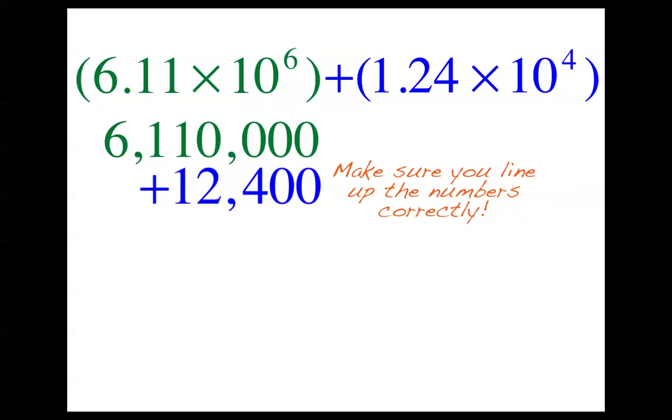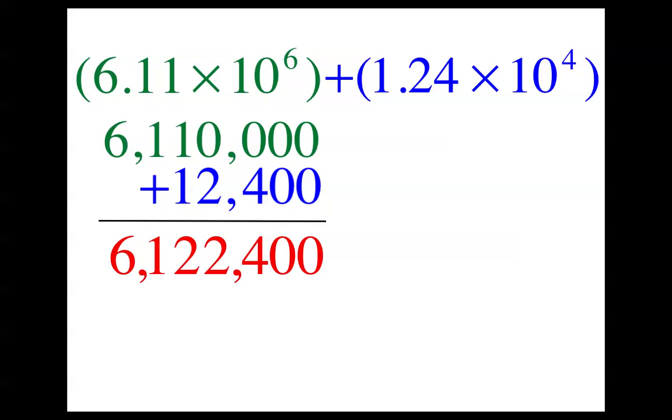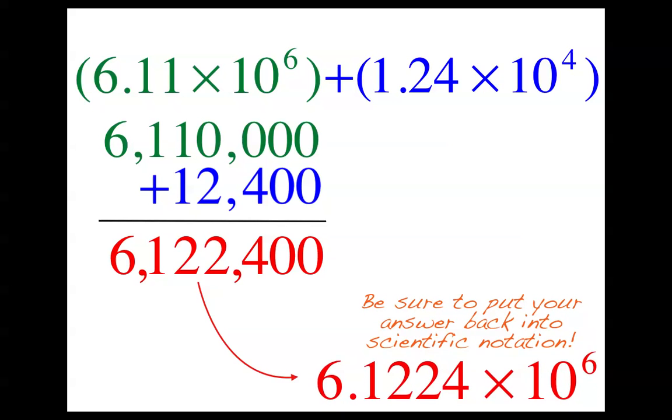Now that you have them in regular notation, you can just add them up. Okay? Make sure you line up the numbers correctly, because that's how we do addition, right? And then just add them column by column. 0 plus 0 is 0. 0 plus 0 is 0. 0 plus 4 is 4. 0 plus 2 is 2. There's a 1 plus 1, which is 2, and then that one doesn't get anything added to it, and neither does that 6. And we'll put those commas in for good measure. And now we have our answer. Our answer is 6,122,400,